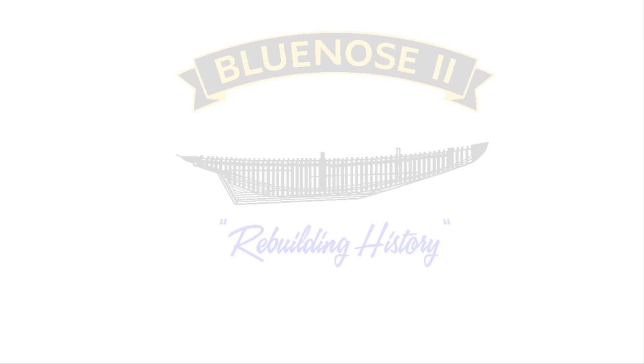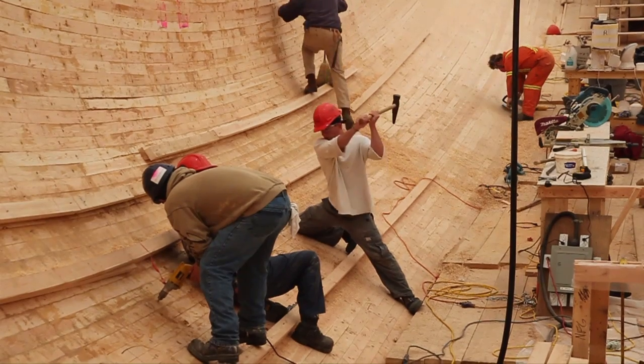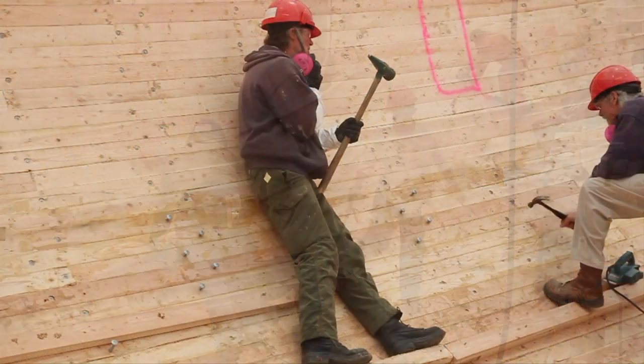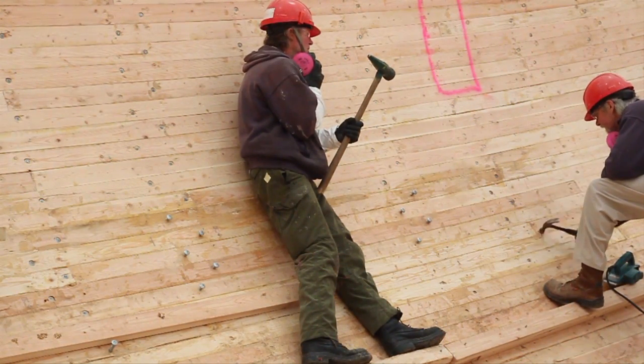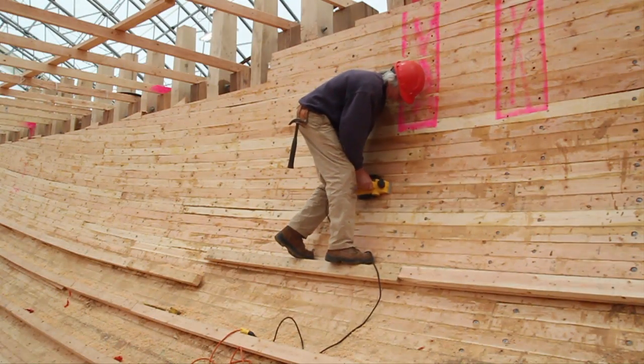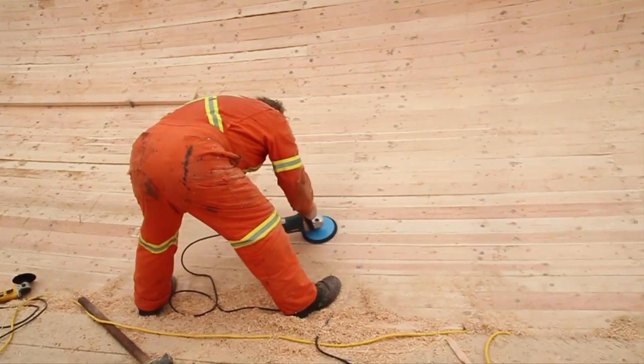In this Bluenose II Rebuilding History segment, we are looking at the second, third, and fourth ceiling layers. Once the first layer of Douglas fir ceiling has been laid, all the nail and spike heads must be checked to make sure they are set below the surface. Any protruding nail or spike heads must be set, as the next step is to plane and sand the entire